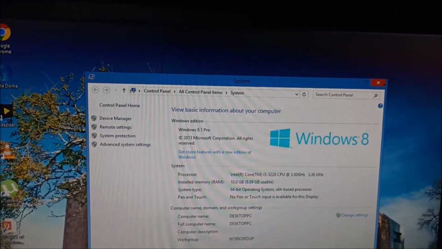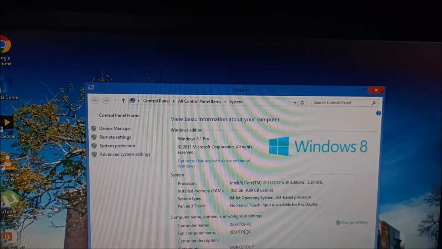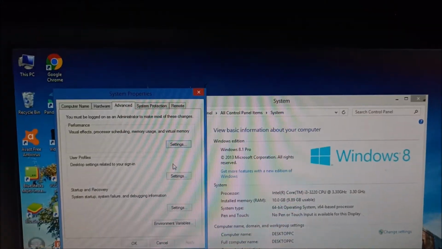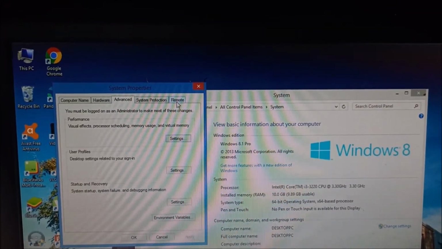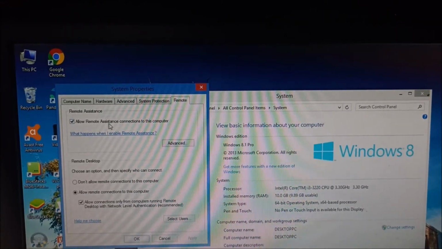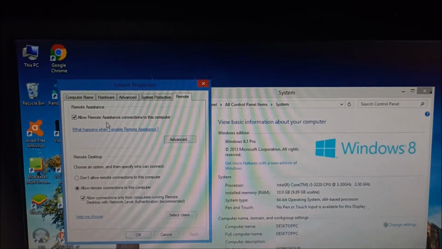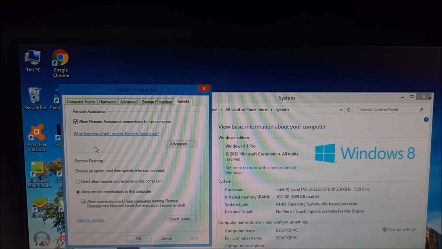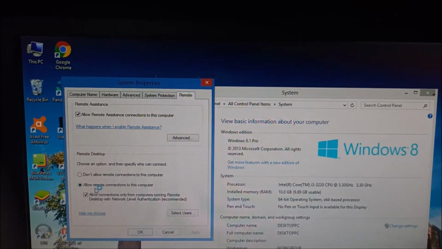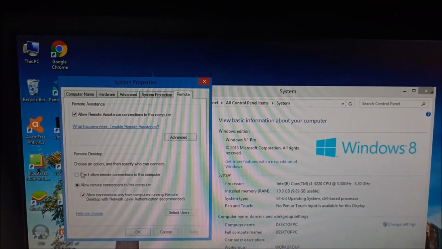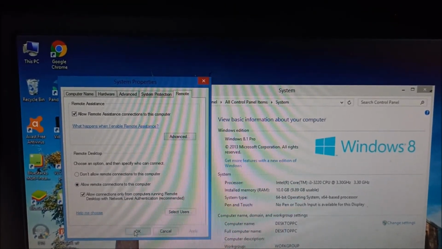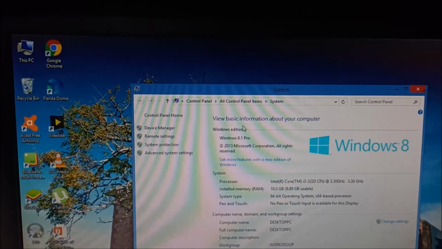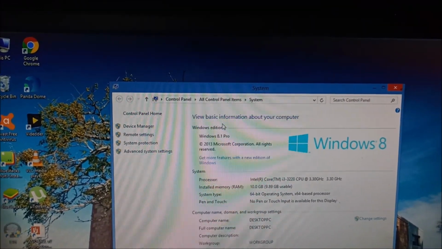This desktop name is Desktop PC, as you can see here. We need to go to the advanced system settings from here, and go to the Remote option. We will check all these options, like allow remote assistance connections to this computer, and I also need to allow here as well. I'm checking all these options, and I will click OK. And now I will go to my laptop, and from there I will configure the remote desktop connection.